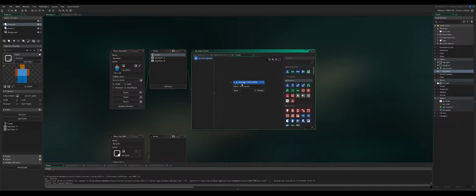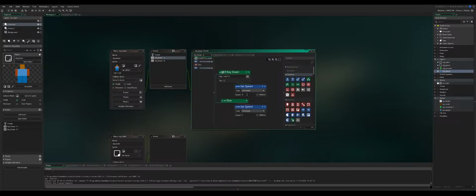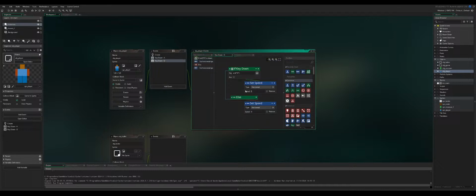Or set it to 1. Then over here, we're going to do move speed. This will be negative move speed. Yeah, and then this will be